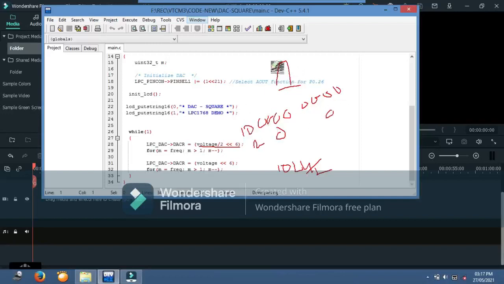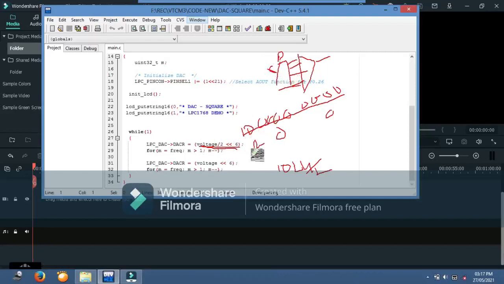This you are giving to the DAC. This DAC register you are writing. Here you can see we are rotating 6 times, because the 6th bit will be the starting bit of the DAC.